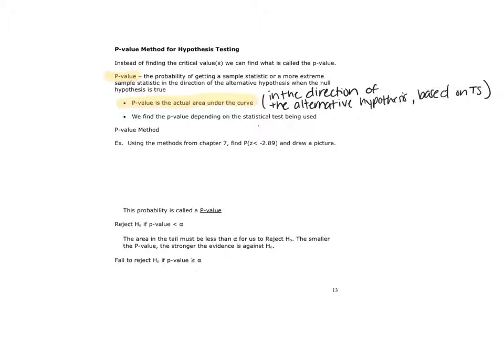We find the p-value depending on the statistical test being used. So reviewing the methods from chapter 7, find the probability that z is less than negative 2.89 and draw a picture. So starting with that picture,